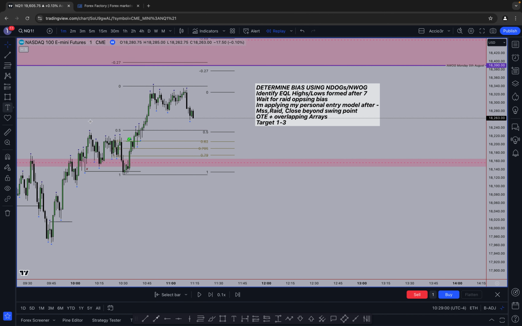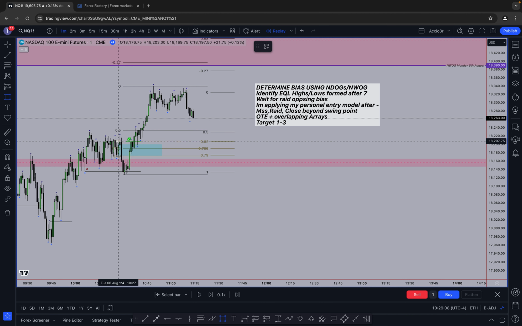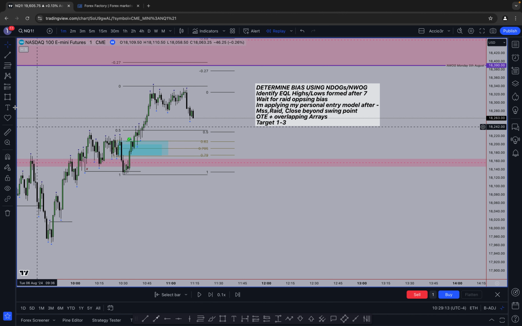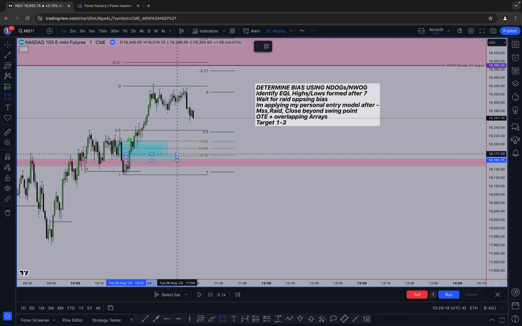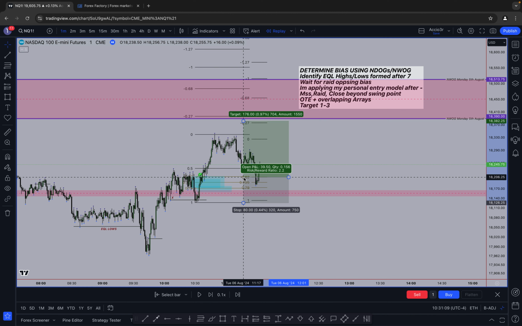So I'm looking for an area where all of them overlap. So that's the inversion fair value gap. That is the breaker. And this is the fair value gap. So that's the darkest area that I've got here. That one there taps OTE and also taps into the darkest area of those overlapping arrays. You could even just take the first array, which is this one here, and